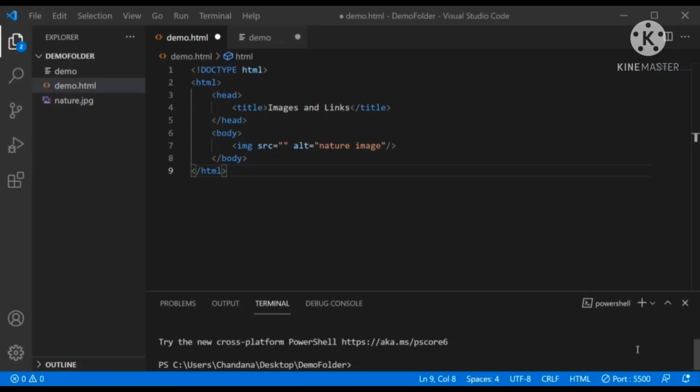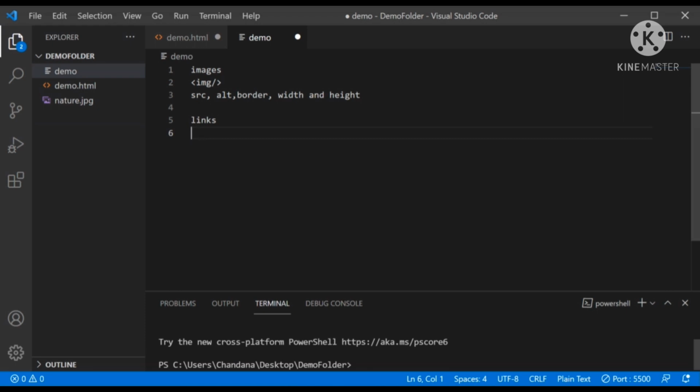Now let us see how to set links in your web pages. A website consists of multiple web pages. Generally, web pages need to be linked with one another to make it navigable. To link web pages, the anchor element is used and it is defined as the a tag. And the syntax for this is